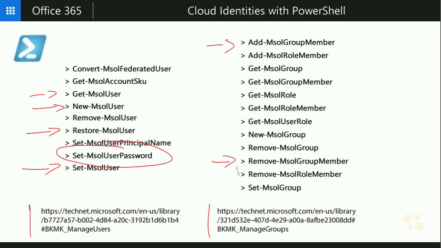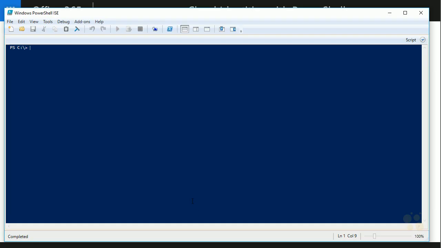These are important because a lot of times they use object ID versus user principal name. So I want to show you how these commands work in general. Once you see how really 2 or 3 of them work, you'll get a feel. You'll understand how the rest of them work as well, and I think it'll make it a lot easier to work with them. So I'm just going to drop right into my PowerShell window here,